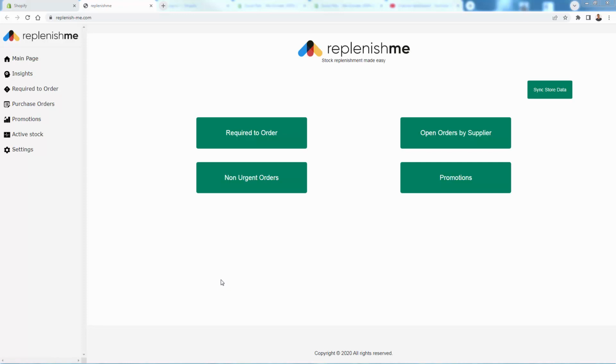It brings you into the dashboard here. And there are a few different options, a few different buttons, right on the home screen that really guide you in terms of how replenishme is going to help you. And we see that we have required to order, non-urgent orders, open orders, promotions, and then we also have that